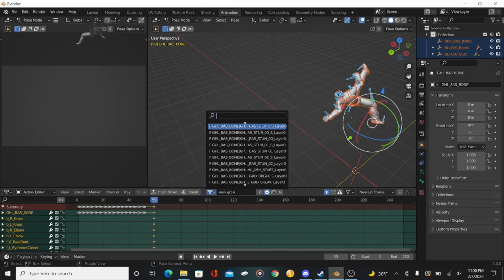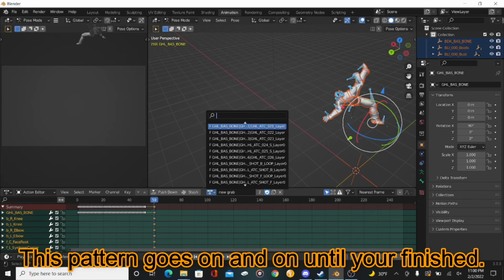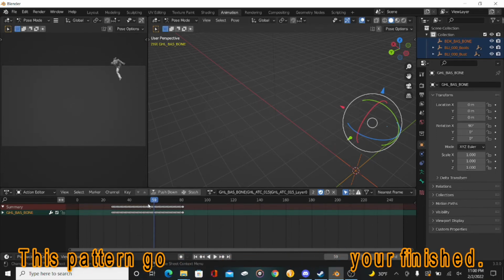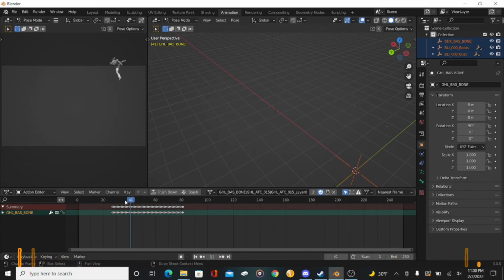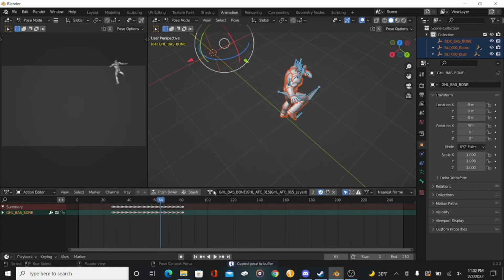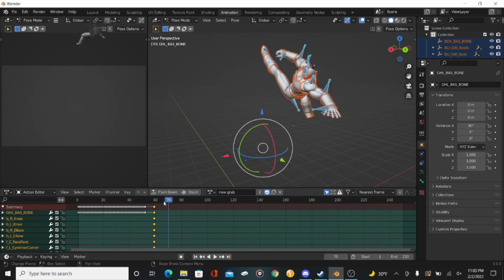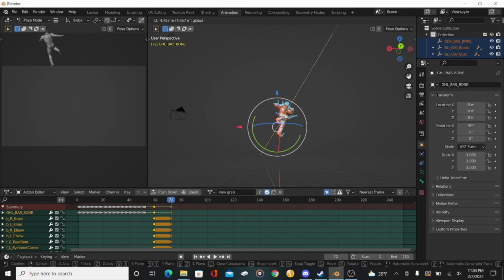But if you were to grab a completely different pose and then drag up to an empty space, up to like frame 104, it'll just connect the two dots with a straight line and slowly transition into that pose for you. 3D animating is a lot easier than 2D animating. But it does require a lot of work if you're going to make it really nice.